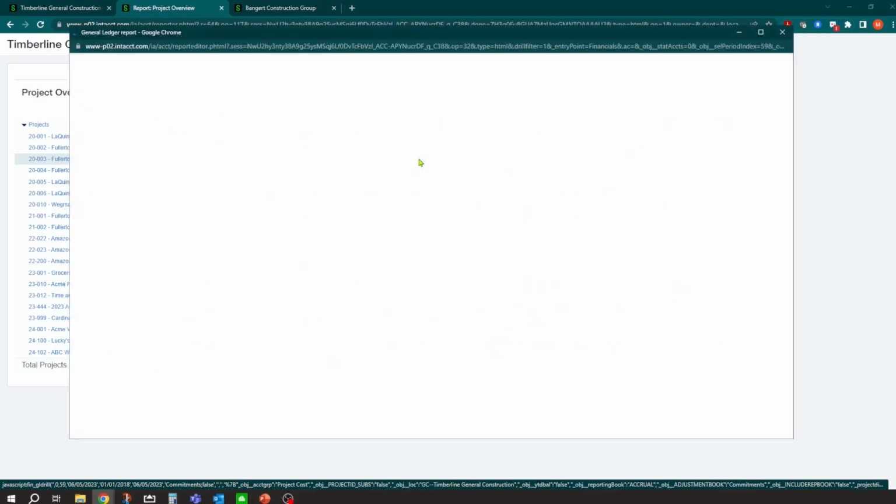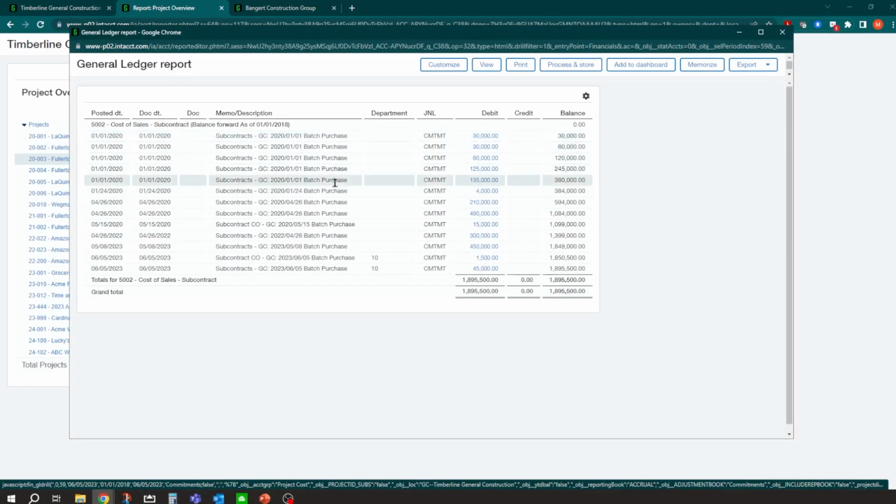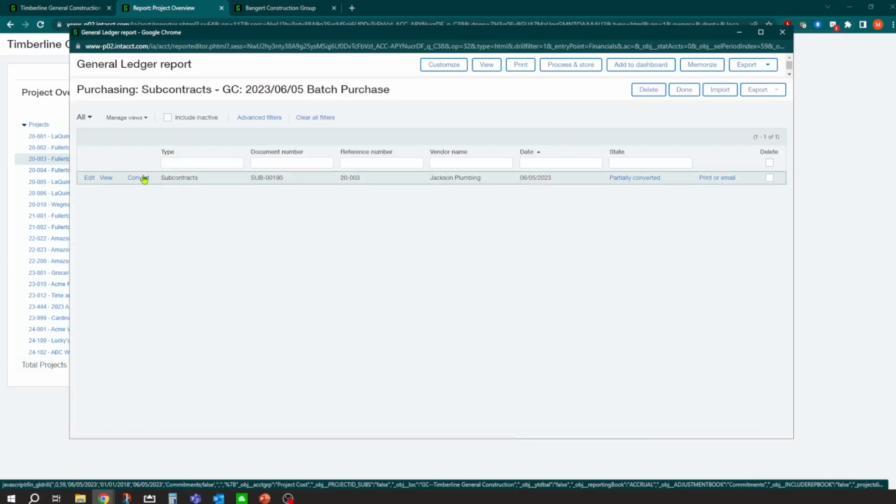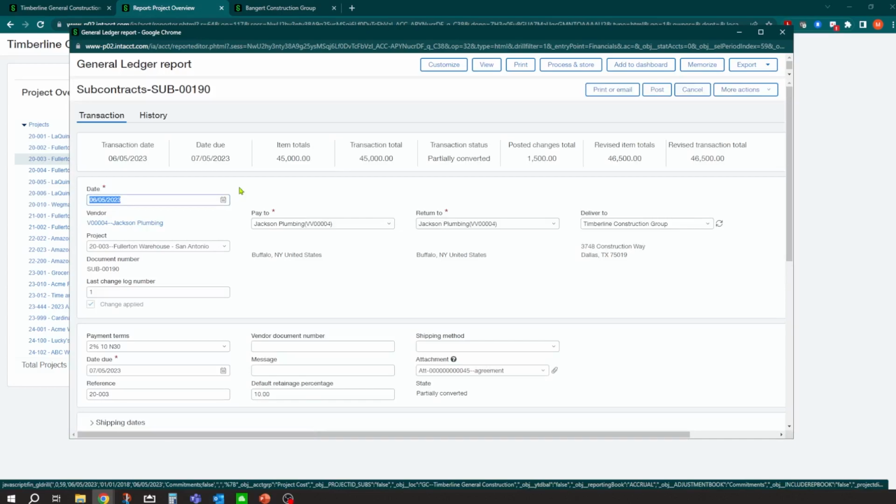If I wanted to drill down on it, right from the job level, now I can see there is all my subcontract documents. There's the 2 we did today. And what makes up my balance? So there's all the subcontracts. And then what's really nice is we can get right back in from the financials right here to the entries and to the document. So if I want to keep going, there's my GL entry for it. Because what it's going to do is it's posting a budget entry in there for your committed cost. And if I click that, now there you go. I'm right back to my purchase order, and I can get in and view it and edit it all from that reporting area, which is really powerful.